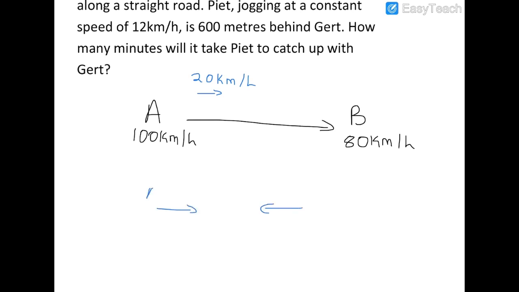If A is coming at 100 kilometers per hour and B is going towards A at 80 kilometers per hour, a person sitting in B sees A coming at a speed of 180 kilometers an hour. That is a most important principle that you must think of when we deal with speed. So now going back to our question,